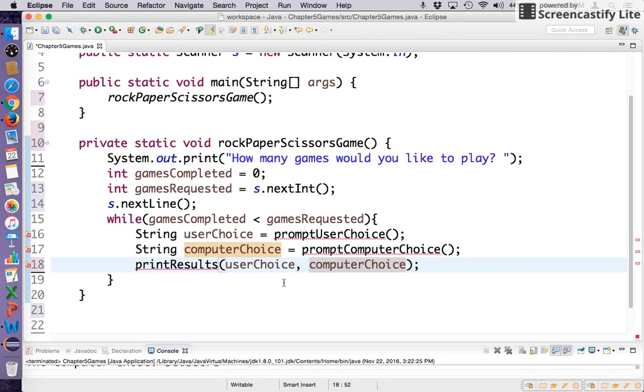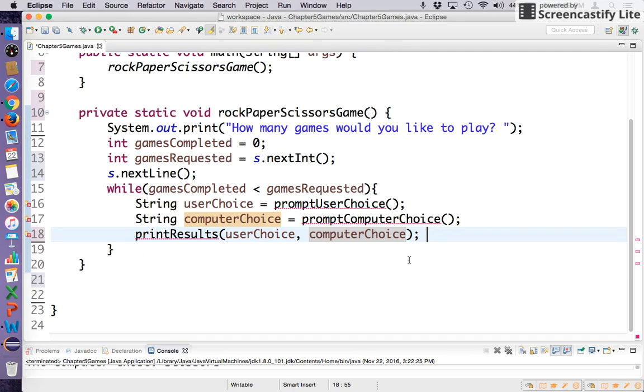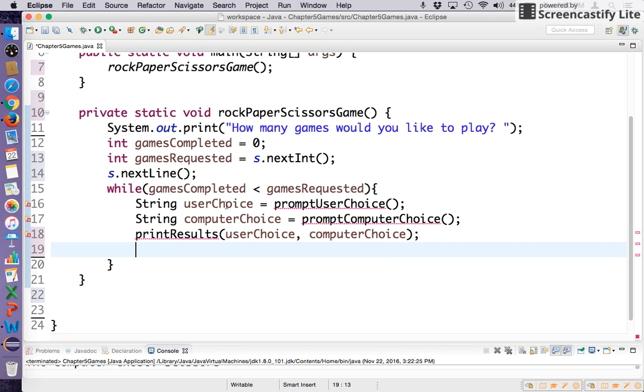So when we stub out these methods, when we create them, Java or the Eclipse program is going to really help us out and make them just what they need to be with the correct parameters and everything. So after we print the results, we only want the game to count if the choices were not the same. If you tied, I don't want that to count as a game. You play again if you're playing with your brother or whatever. Ties don't count. So I'm only going to increment the games completed as long as